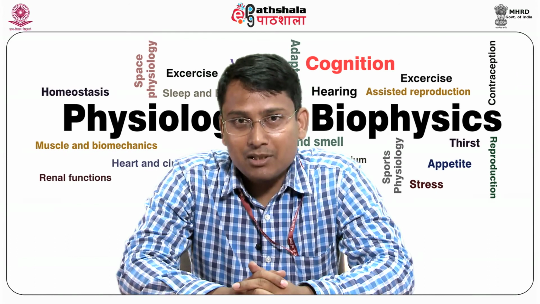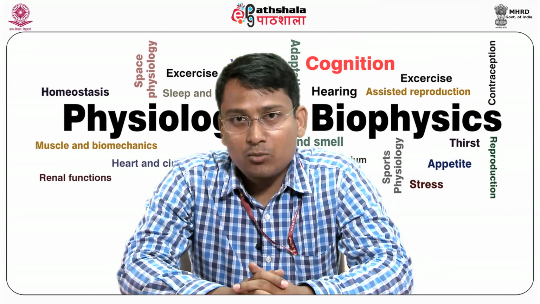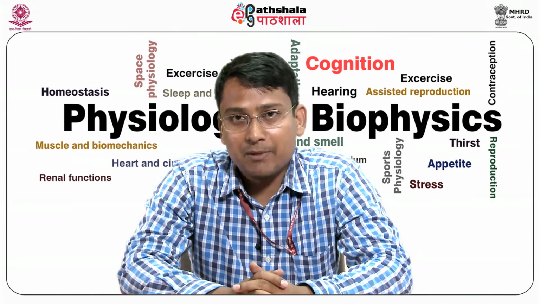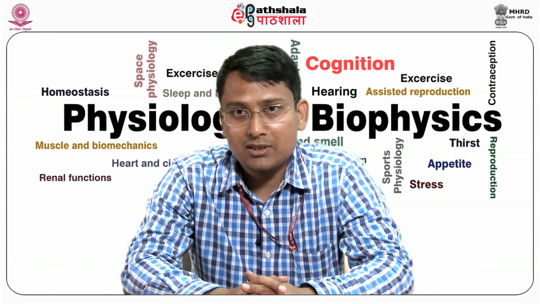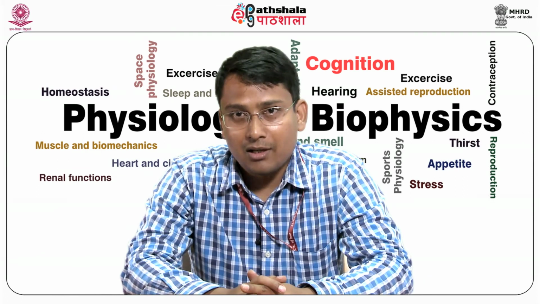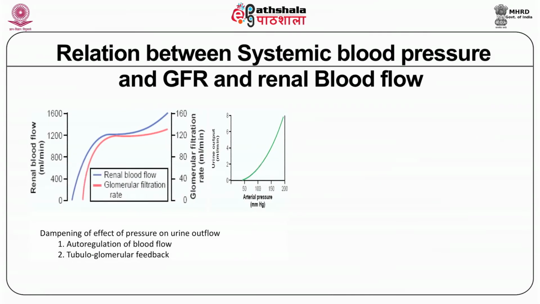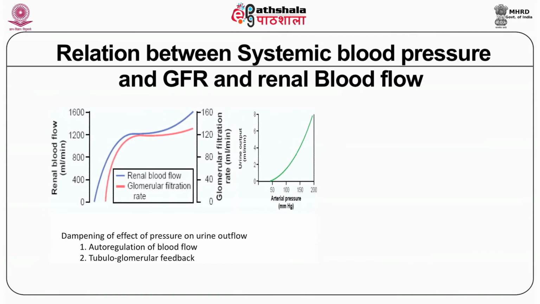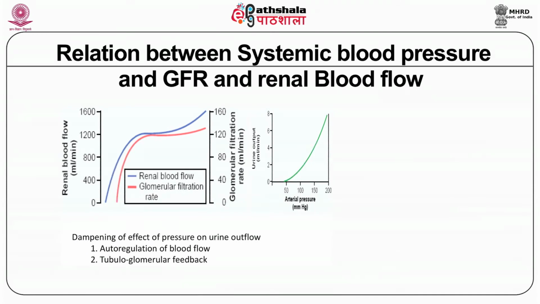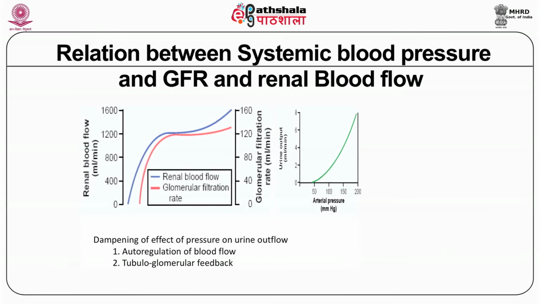Increased blood pressure will raise the glomerular hydrostatic pressure, which might damage the glomerular capillaries, that is the basement membrane. Hence, there has to be maintenance of relative consistency of renal blood flow and glomerular capillary pressure despite changes in the systemic blood pressure, as shown in the graph below. With increased systemic blood pressure, both renal blood flow and GFR increase initially and reach a plateau, after which the systemic blood pressure does not affect the GFR and renal blood flow.